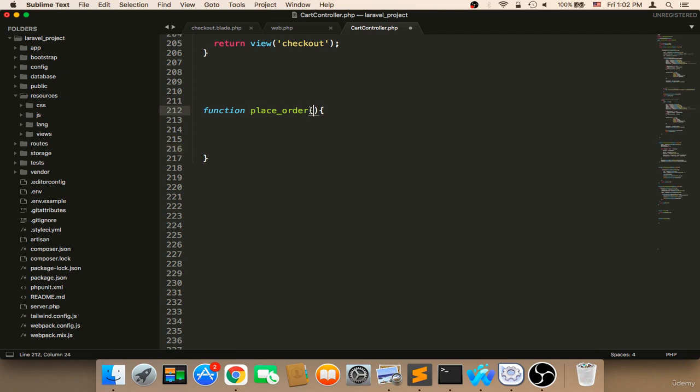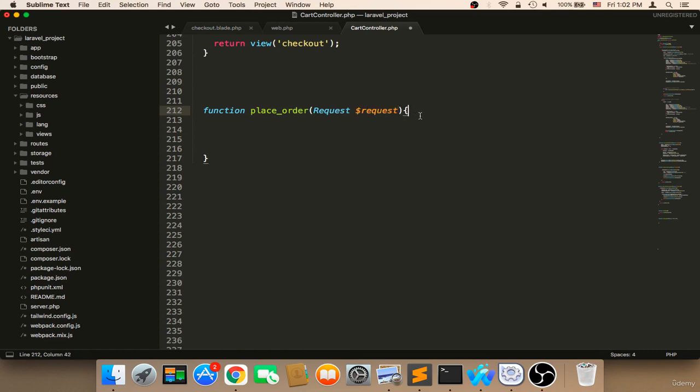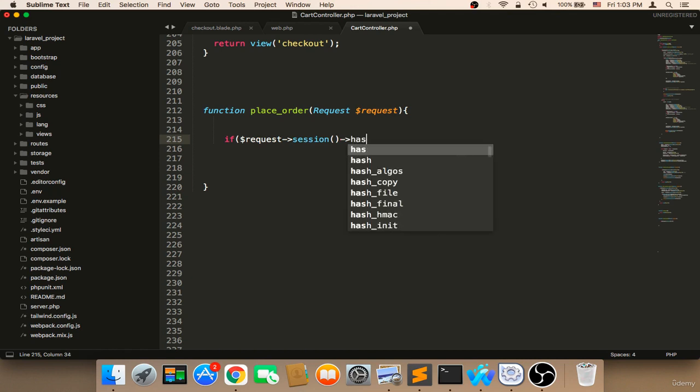First, we need to pass the request. I'm going to say request, and let's work on the first step. The first step is that we need to make sure that the cart is not empty, as usual. We need to say if request session has cart. Only if the session has cart can we move on